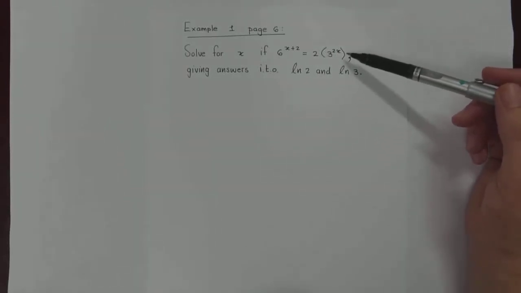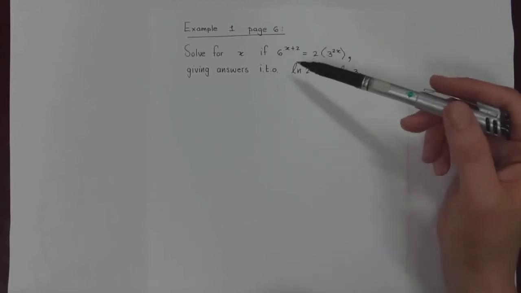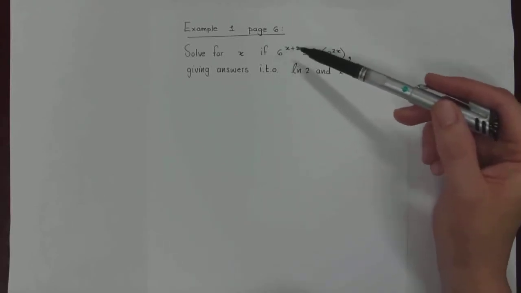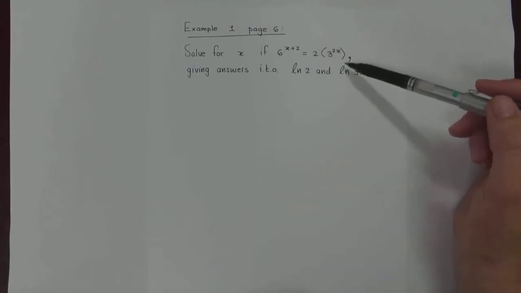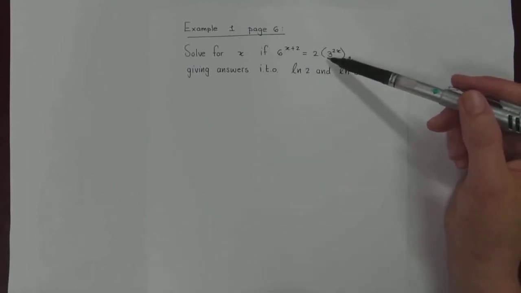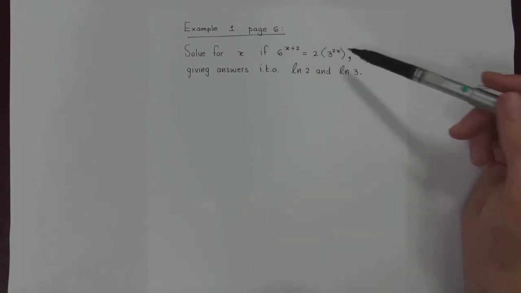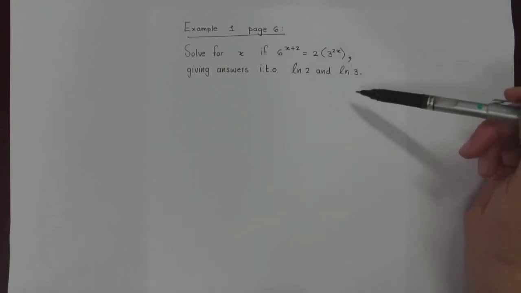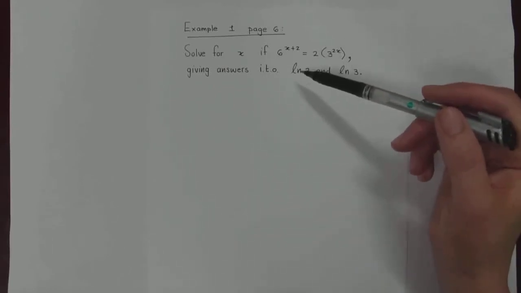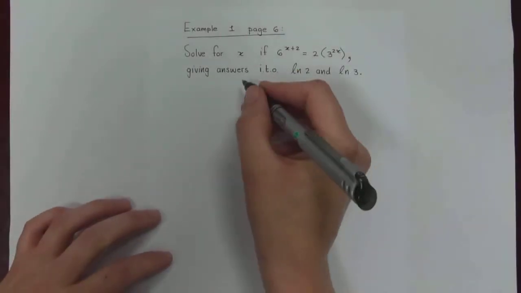Now, this is an exponential equation, but it's not a stock standard exponential equation because normally in an exponential equation, you have base exponent equal to a number. And clearly on that right-hand side, you don't have a number. You've got another base, you've got another exponent. So we can't just convert that into logarithmic form. But because they ask for the ln in my answers, I'm going to simply start by